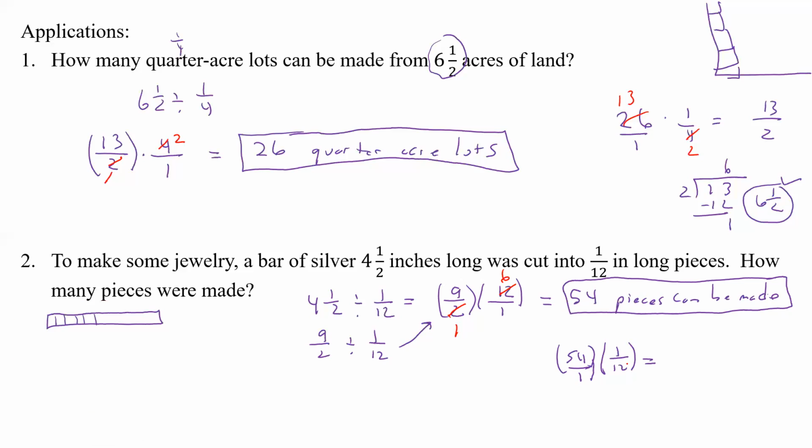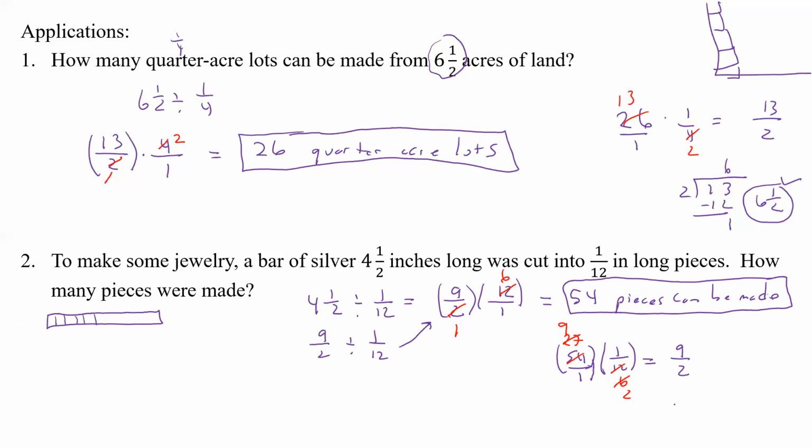All right, so 2 will go into here 6 times. 2 will go in here 27 times. Well, guess what? Now we can go 3 goes in here twice. 3 goes in here 9 times. So we get 9/2